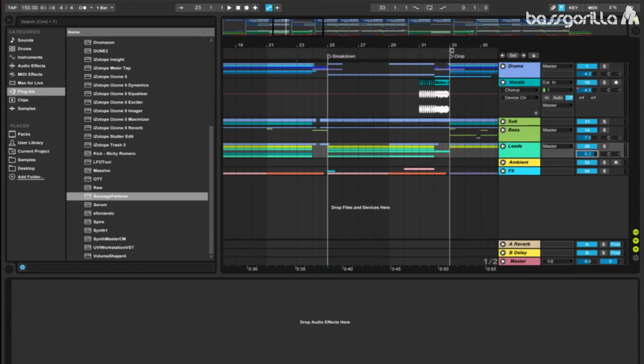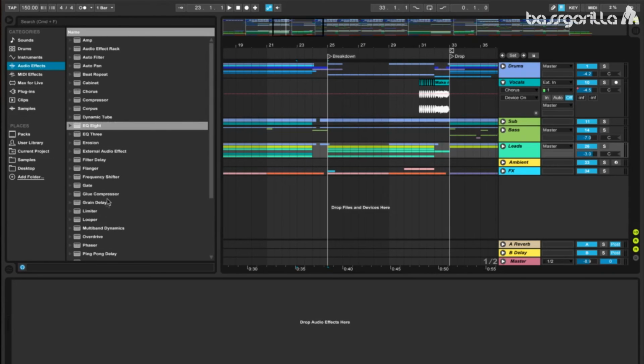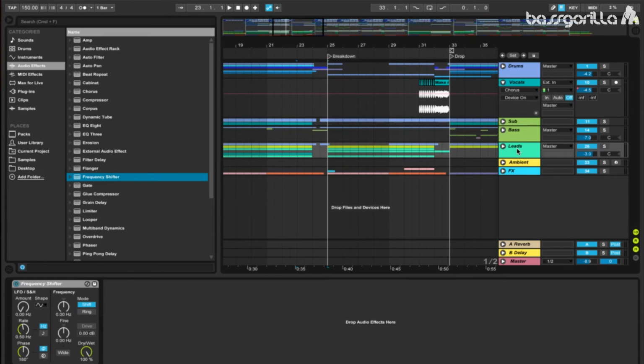Put this down to minus 3.0. And the first effect we're going to add is more of a musical element rather than a mixdown element, but I couldn't really do it effectively before I added the sounds into the groups, so we'll add it now. We're going to add a frequency shifter, and this is a very cool way to create tension with build-ups for